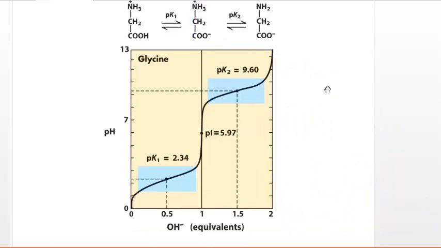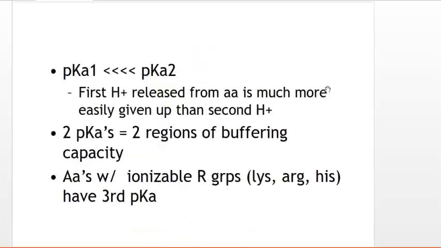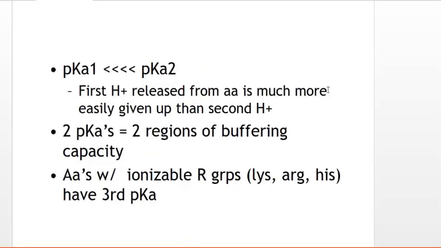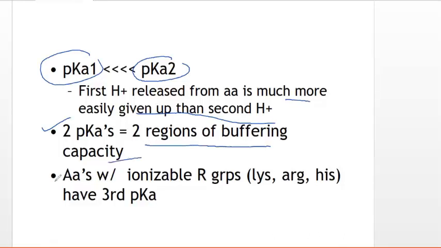If you have any question and doubt, you can ask. No? No. So you can see there is a 2 pK value. pK1 is less than pK2. Okay. So first proton is released from one acid is much more easily given up than second proton. And second pK, there are two regions of buffering capacity. Okay. That's why